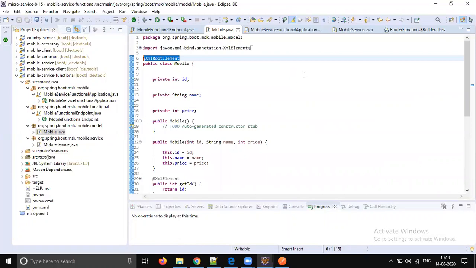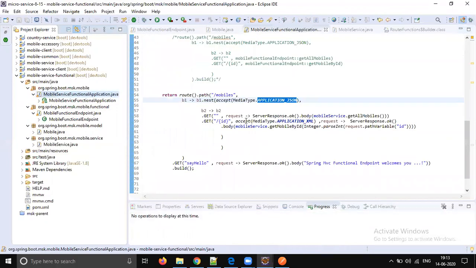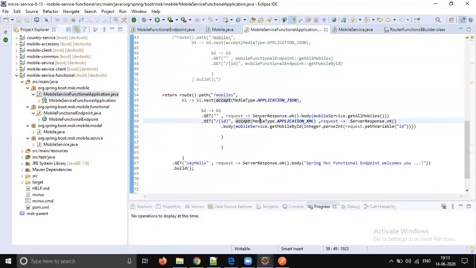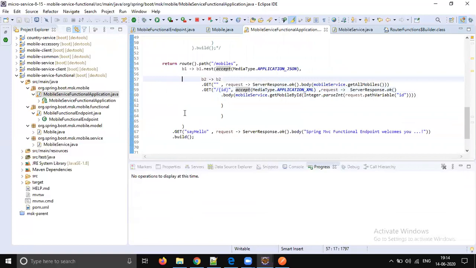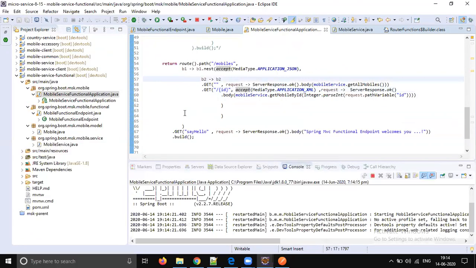Sunil, I think we need to pass in content type, right? Not an accept. It's an accept. Okay, media type XML. No, but I also tried. I passed in content type, so it worked with this. Check it out. I tried it in my system and found a solution. I was trying to pass in accept, it was not working. Once I passed in content type, then it was working.